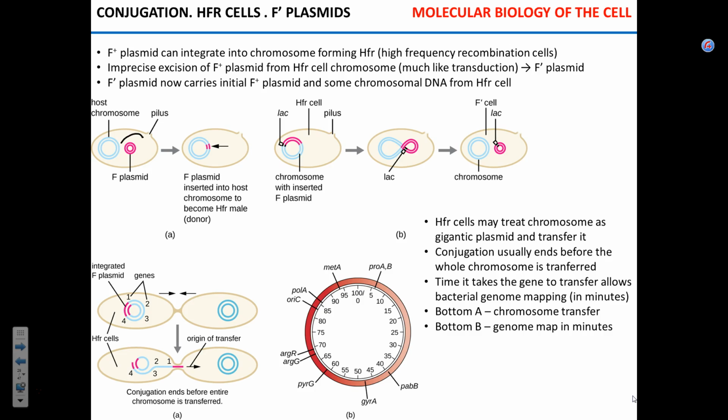If the fertility plasmid incorporates itself into the bacterial chromosome, it forms a so-called HFR cell, a high frequency recombination cell. Now, what can happen next? Because of the bacterial recombination process, which I'm not going to go into molecular details about, the idea is that in some cases